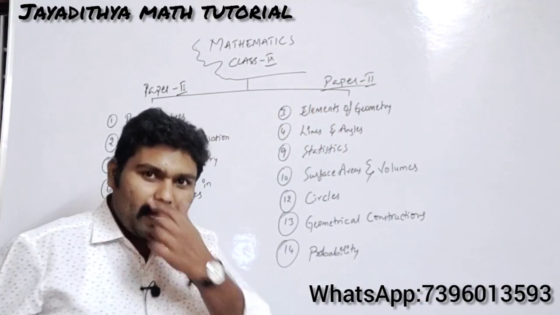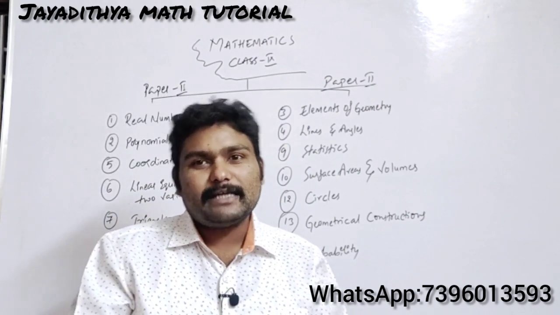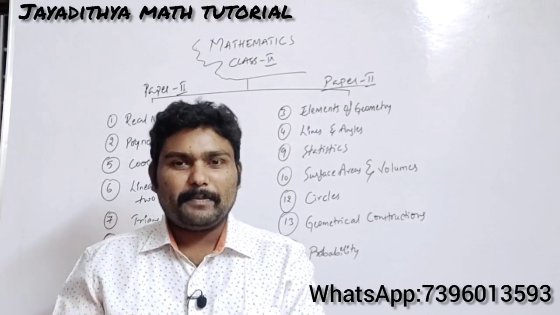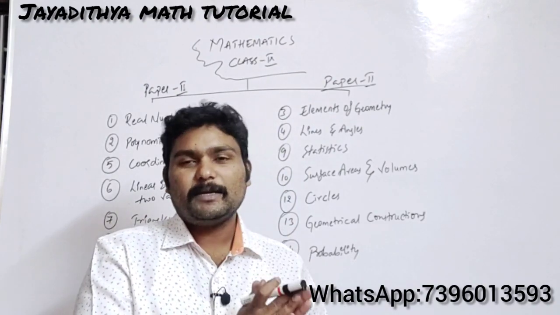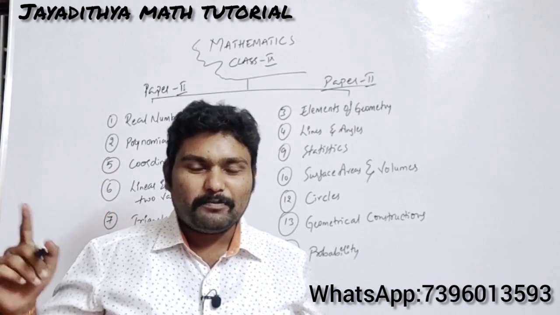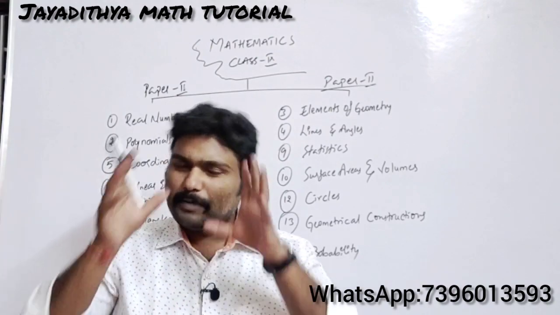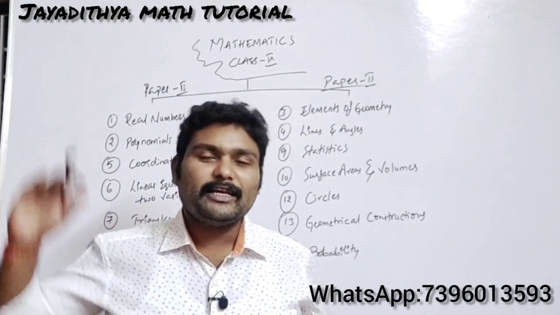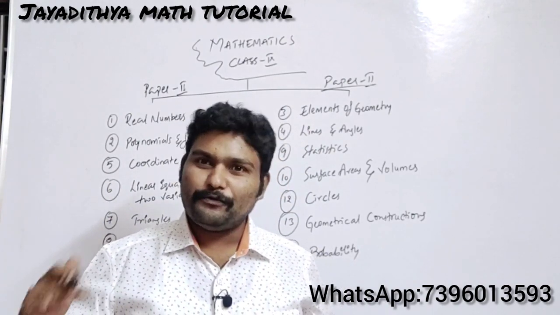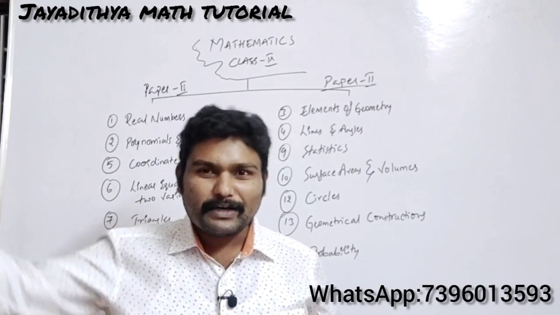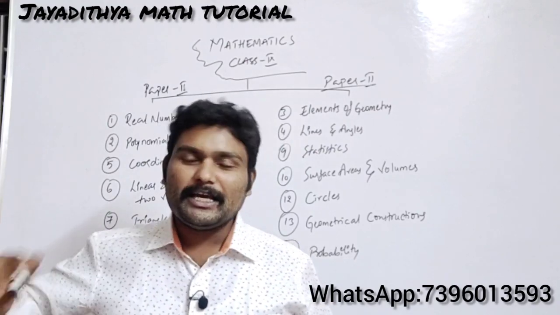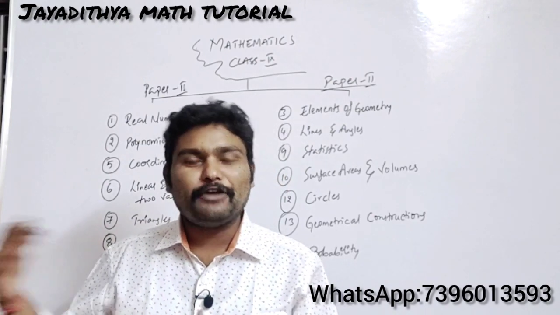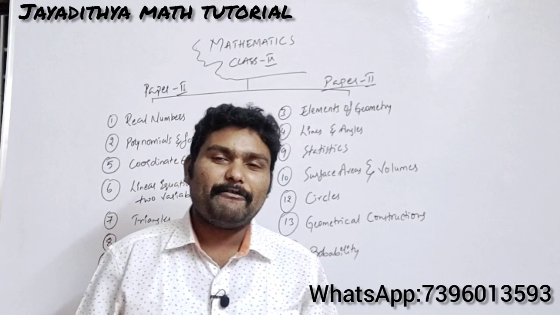Clear? Here also you have 14 chapters as you have in your 8th standard. In the 9th standard 7 chapters come under paper 1 and 7 chapters come under paper 2. There you'll be having 8 marks section, but the exam pattern will be absolutely the same, but your marks will be reduced to half now. If you have 8 marks, here you will have only 4 marks. If you have a 4 mark section, for the same section you will be awarded only 2 marks. If you have 2 mark questions there, you will be awarded only 1 mark here. And if you have 1 mark for each bit, here you will have only half a mark.